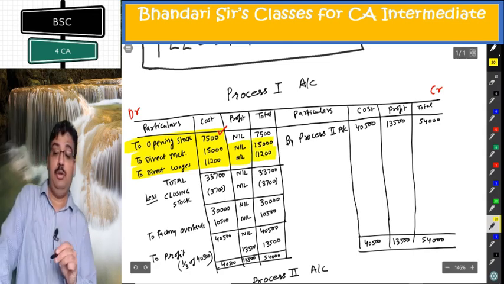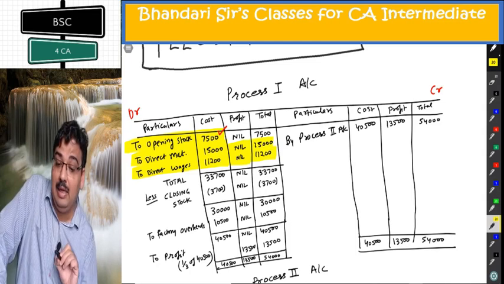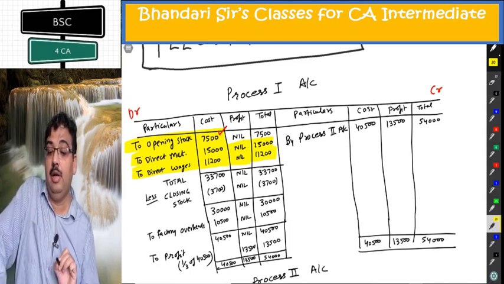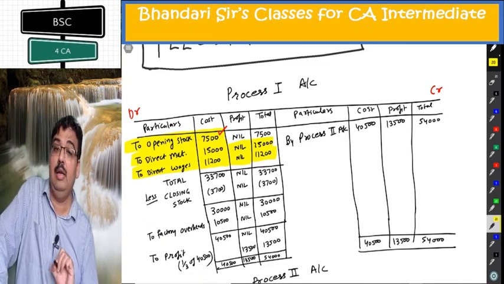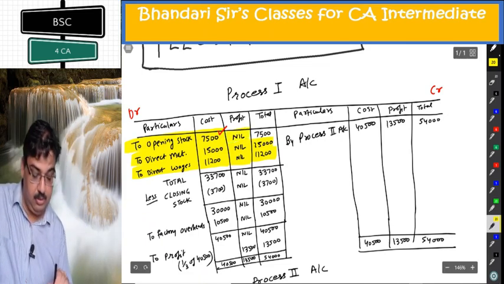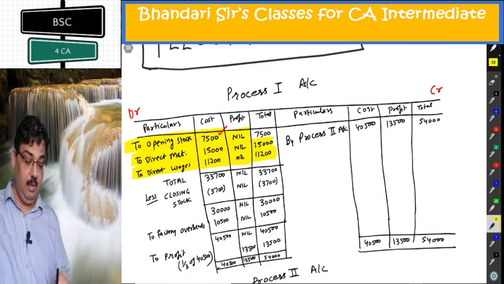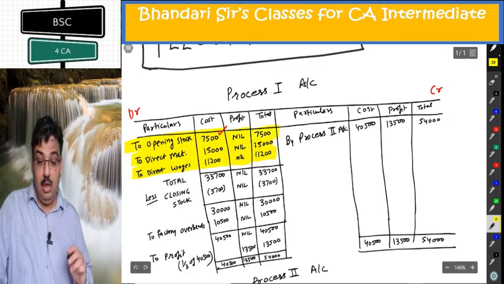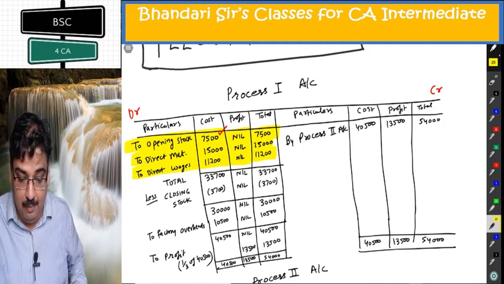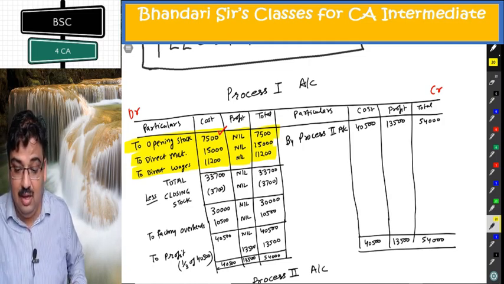Opening stock I need to check. Last line in the table given: inter-process profit included in opening stock. It is written nil in process 1, so in process 1 it is nil. In the second and third process, whatever finished goods stock, there will be some profit. So it is the same. I am reading one odd line at the bottom, third line below the table.